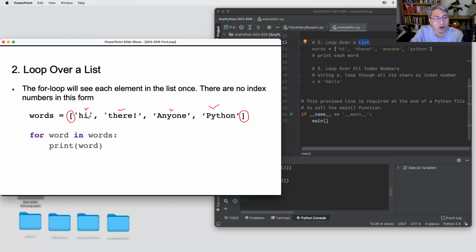This is one, this is another one, this is another one. For example, if you put words, it's a collection. Then for each word, with word as the control variable, the first is hi. Second, there. Third, anyone. Next, Python.